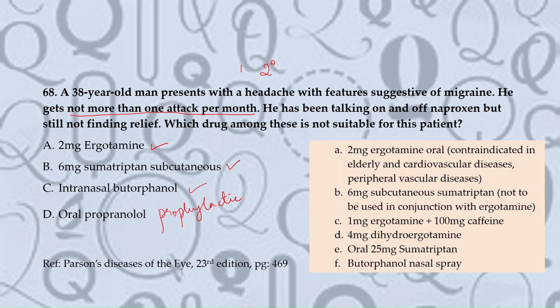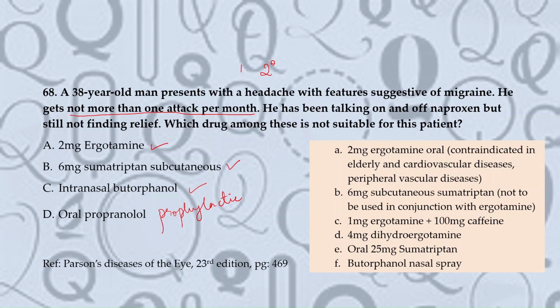So these are the drugs of choice that can be used in any acute attack of migraine: 2 mg oral ergotamine, 6 mg subcutaneous sumatriptan, 1 mg ergotamine with caffeine, 4 mg dihydroergotamine oral, 25 mg sumatriptan